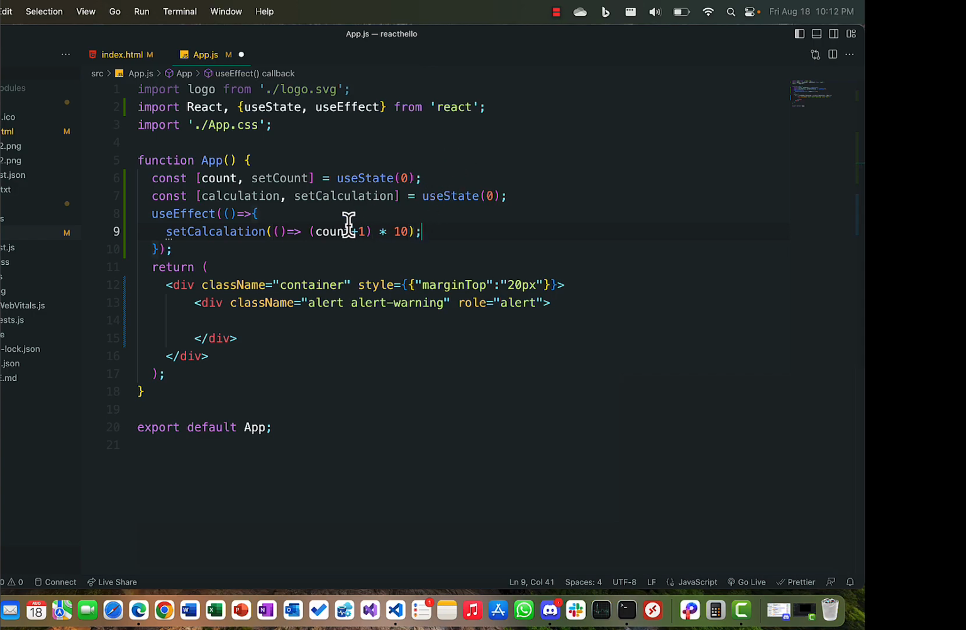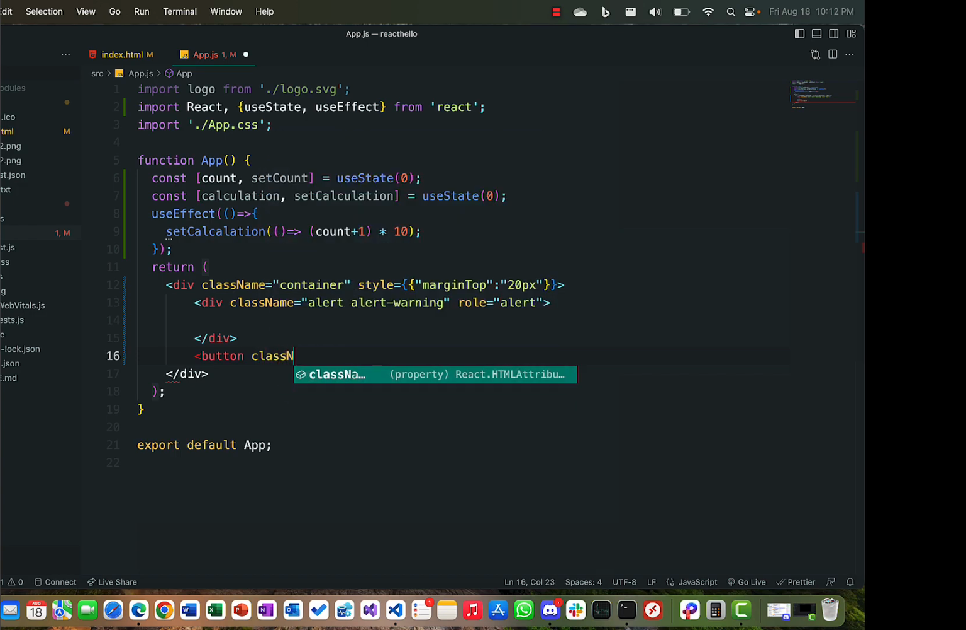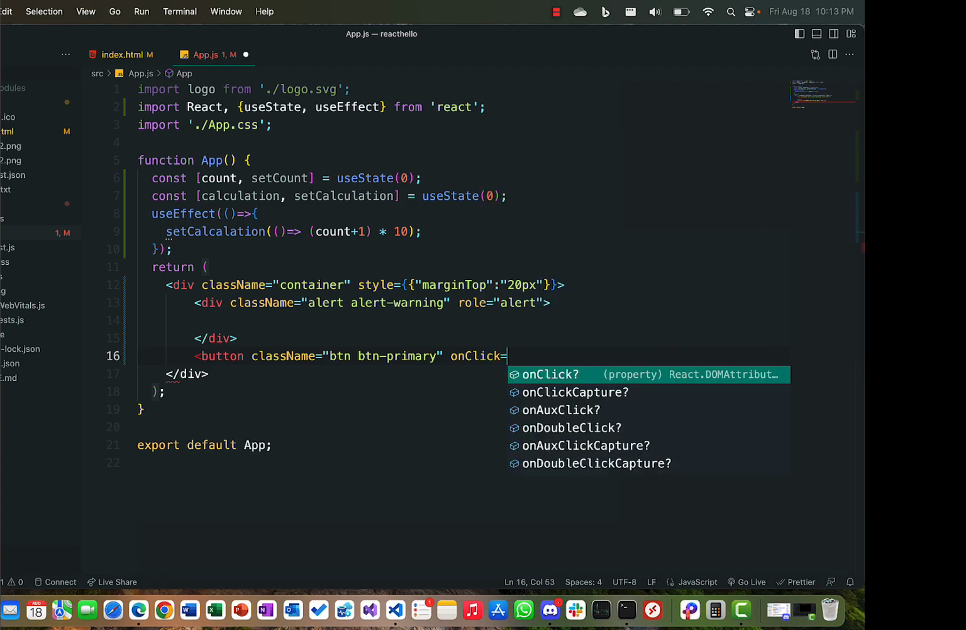So what is going to happen is it's actually going to push the count by 1 and then multiply it by 10. So that's what we are trying to do. Now I'll need some buttons to actually do so. So what I'm going to use over here is I'll say button className is equal to btn btn-primary. I'm using Bootstrap so I can use those classes, and I'll just use onClick, and on click